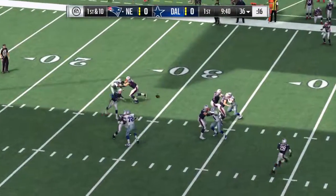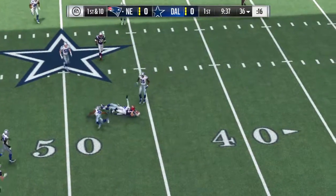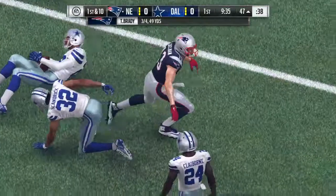On first down, Brady. Over the middle, Julian Edelman. It's complete. And he'll be taken down, but not before he gets